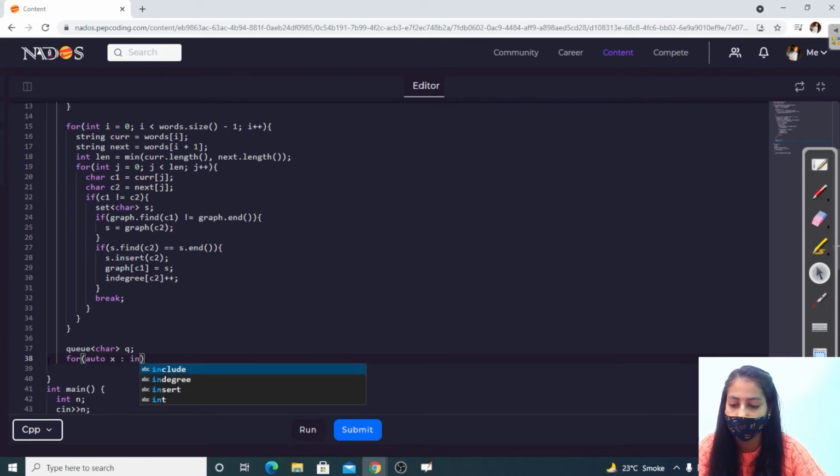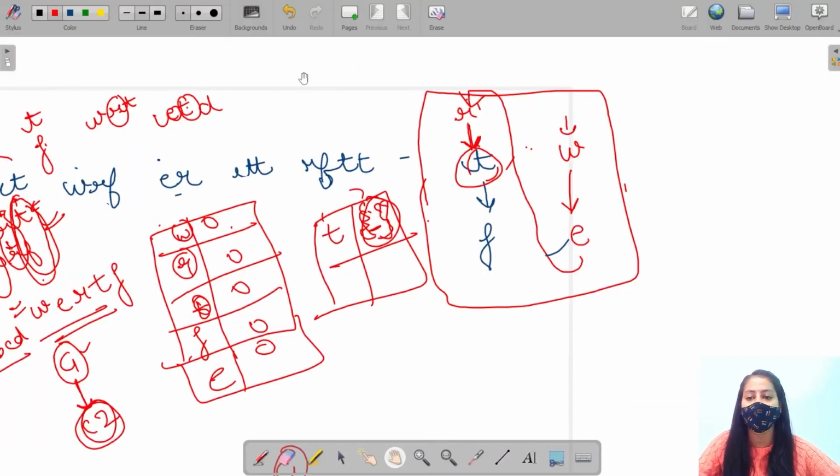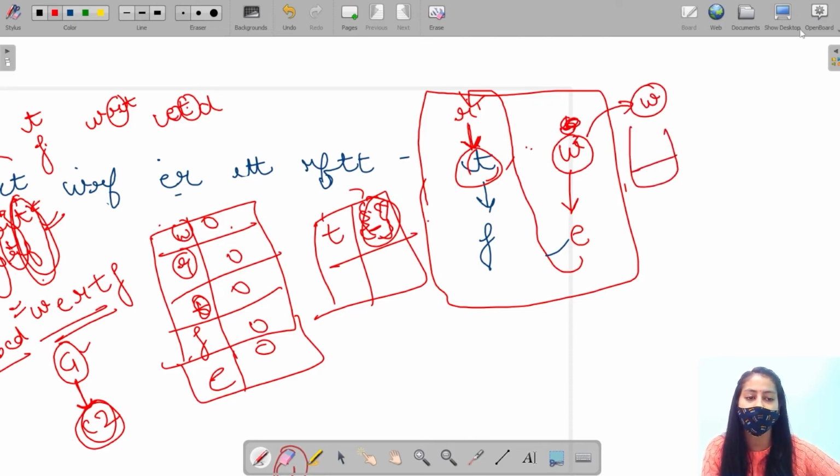If in degree of any node is 0, that means that is the entry point of our graph, right? Since in degree of this is 0, so this is the first node, that is the preference of this is the highest, so push this to our queue, right?